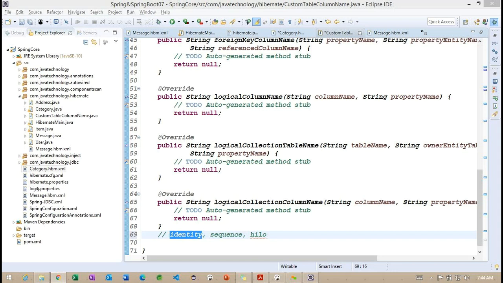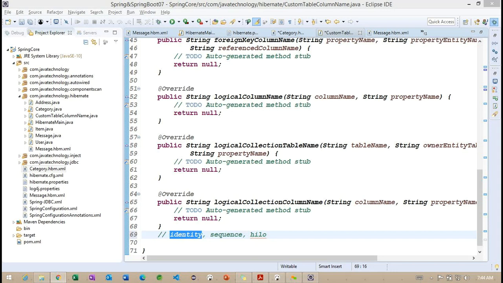Basically here, what I want to explain regarding this particular identity is that this is database dependent. This is not related to Hibernate specifically. Based on the database we are going to work with, for understanding, in case we are working with the Postgres database, the ID value is going to be generated by the database, not by Hibernate.